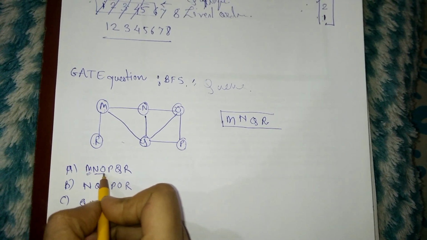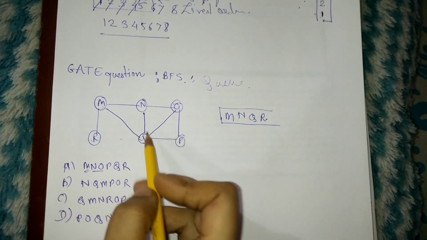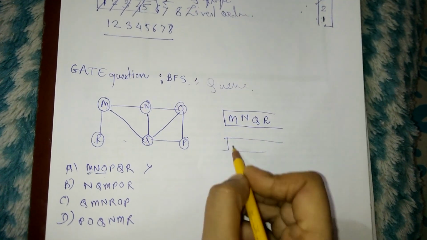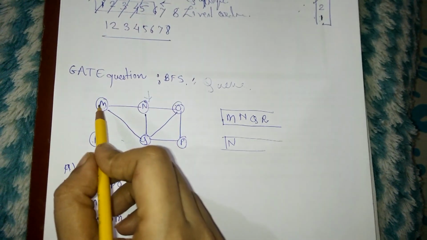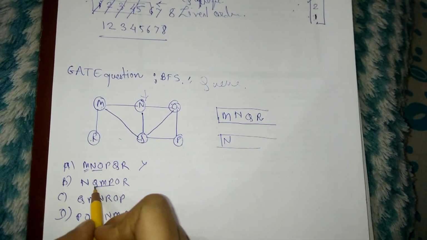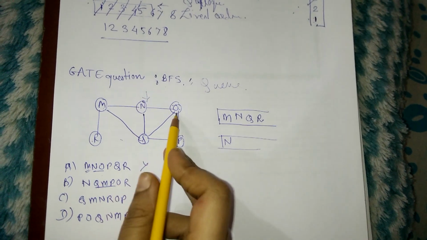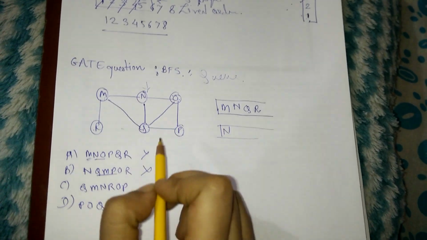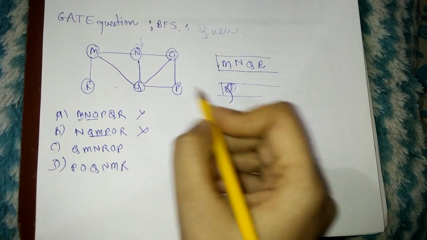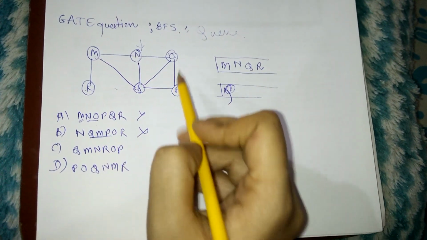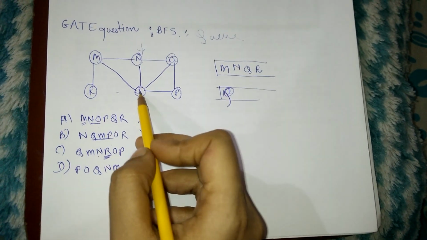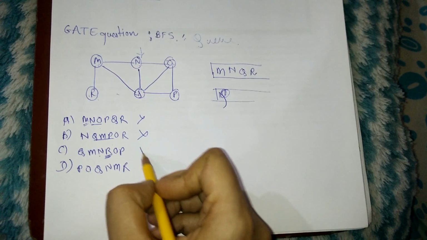Now if you see, M and O are present in the queue instead of N, Q, R. So the first sequence cannot be the answer. Next, we have started with N. First we have visited N, then the neighbors of N, that is M, Q and O, should be inserted first. But whereas we have Q and M, instead of O we have P. So this cannot be the answer. Next, we have Q as a starting point. The neighbors of Q are M, N, O, P. R should not be there as R is not a direct neighbor of Q. So this cannot be the answer.